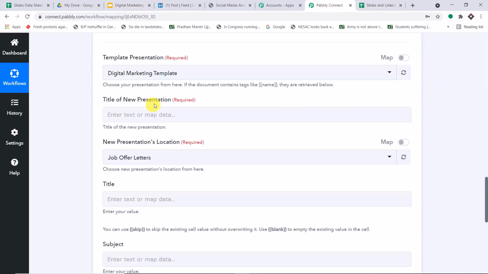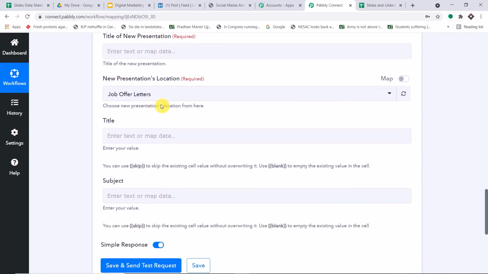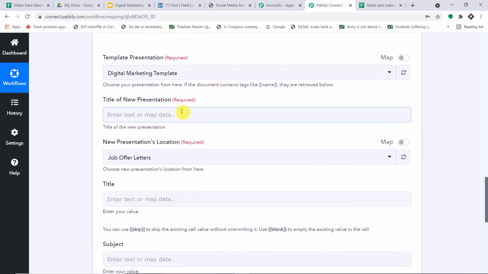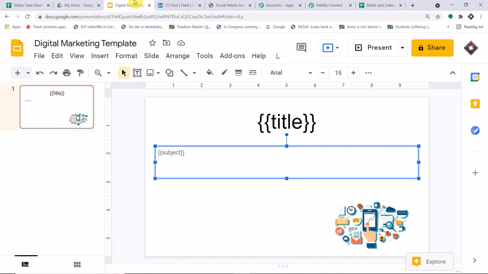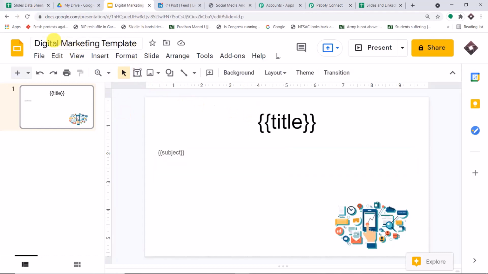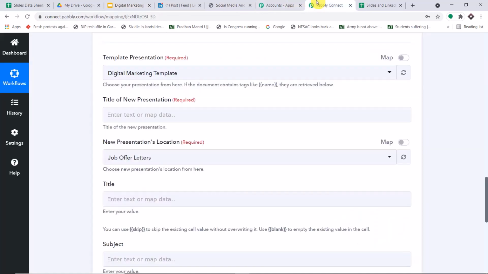So we have the title of the new presentation. When we create a new presentation or a new slide, we actually need to have the name for it. At the same time, we also need the location where it will be stored. Let me just show you how it's done. If you're not understanding what's going on, basically the point is, using this particular template, we are going to create a new slide, and that new slide should have a unique name. Now, to have a unique name, I'm planning to just click here,